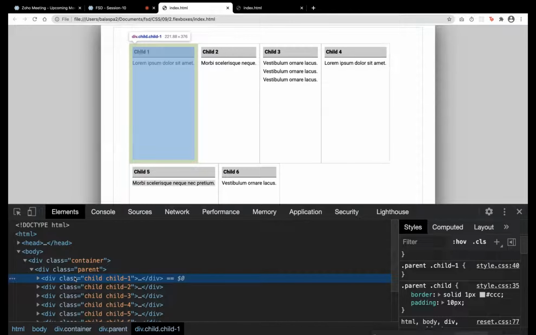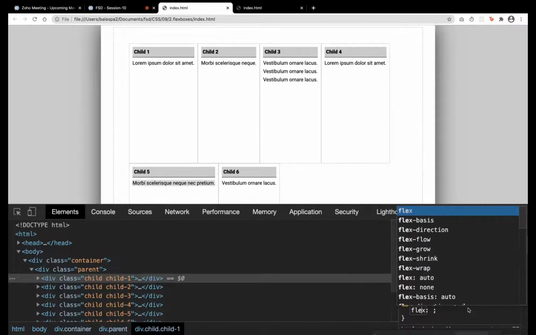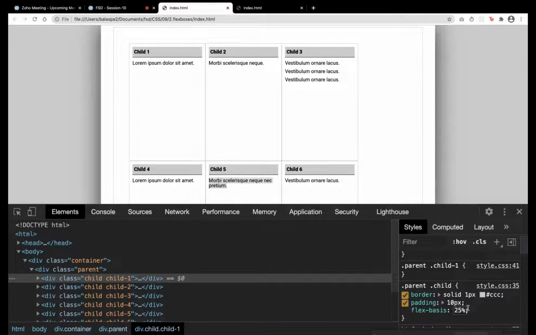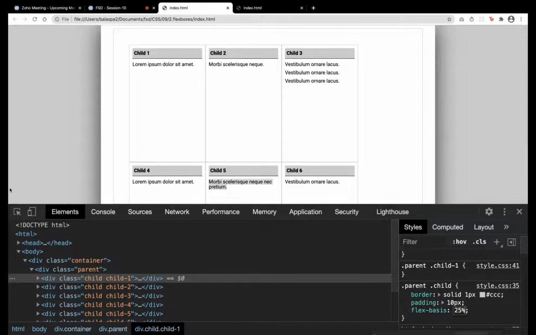So on the child, what I'm going to use is flex basis. I can give the width in percentage. So 25% should take 25% of the width.